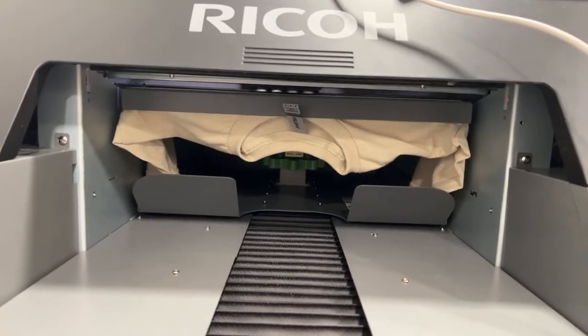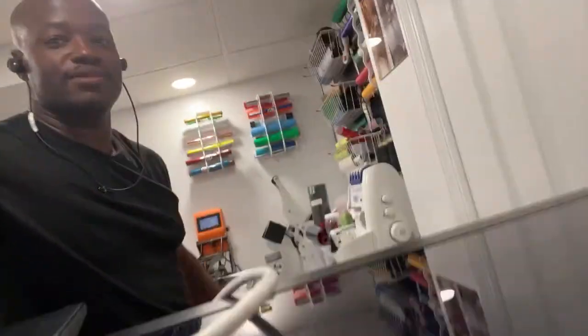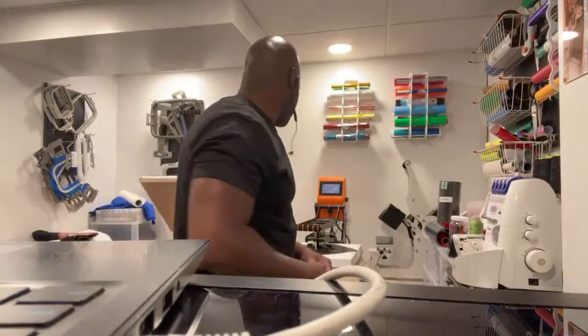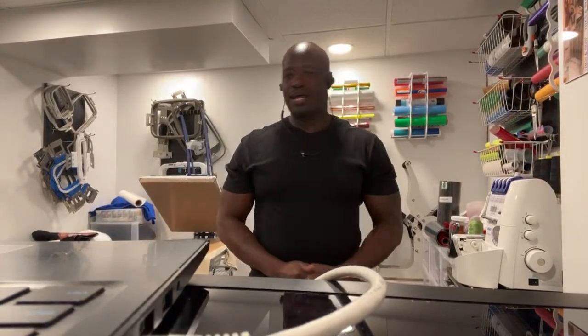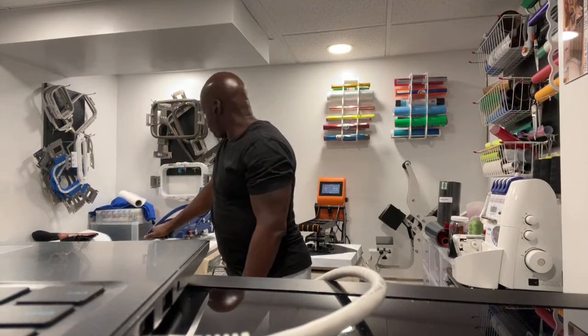And it's like we're living in historic times, y'all. Believe it or not, we're living in historic times. Look at all this technology we got that wasn't around before. We didn't have all this stuff before. Us garment decorators, we are really disrupting the industry, and we're making a huge impact on these large companies'